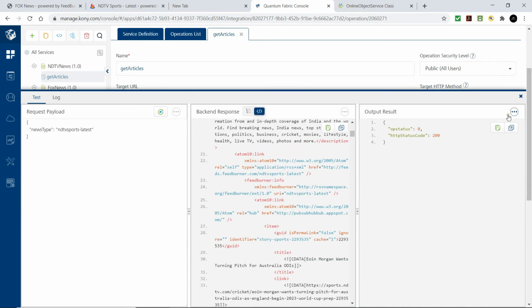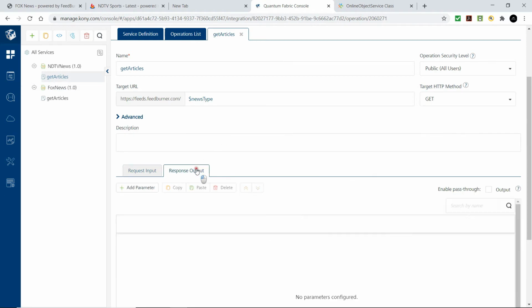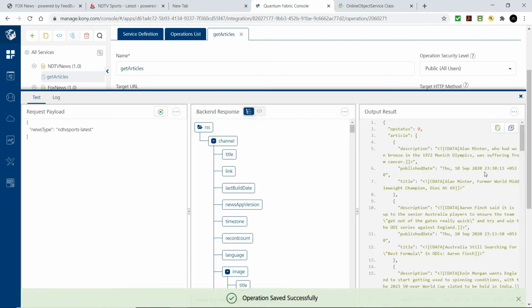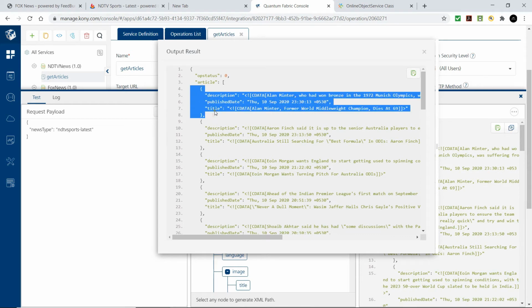From this, let's do the same activity of extracting the articles from this news feed. This is how the extracted response looks like. Each article contains title, description and published date.